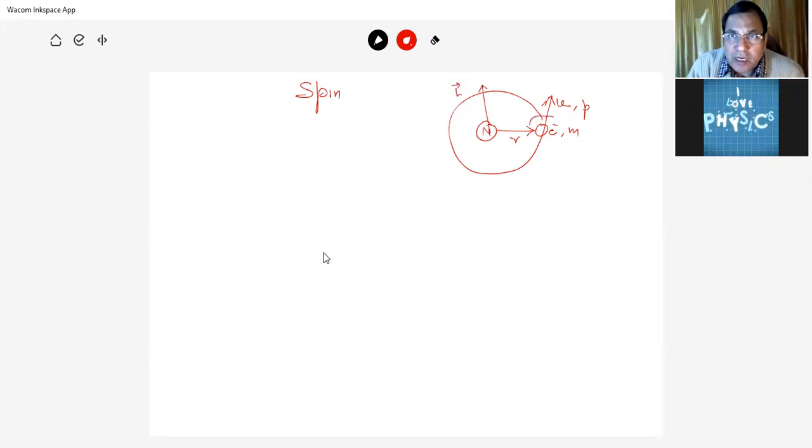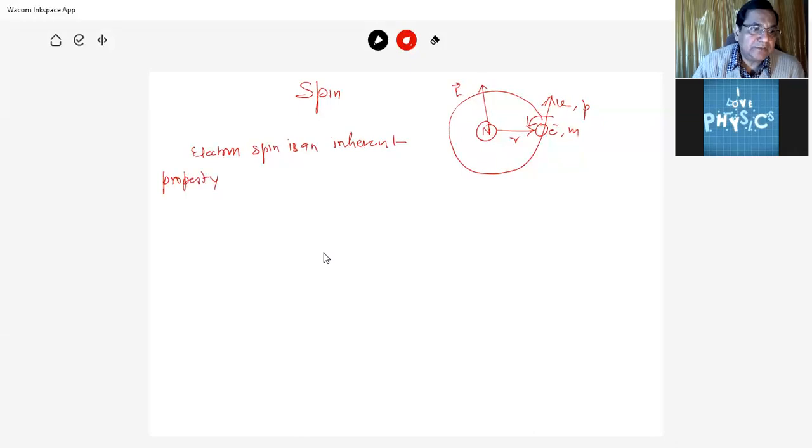Now this electron spins. Electron spin is an inherent property of atomic particles, and therefore